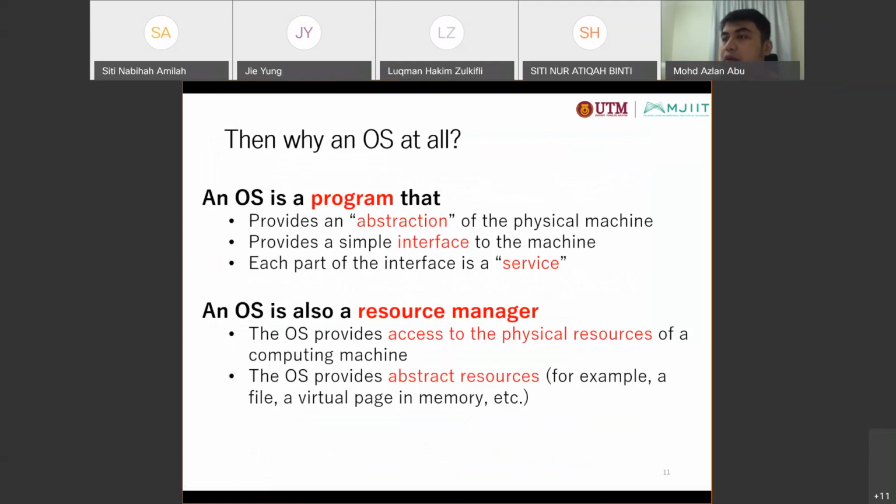An OS is a program that provides an abstraction of the physical machine. So you have an operating system that controls your physical machine and provides a simple interface to the machine. When you want to control the machine, you need one interface, or what we call a button. But nowadays we use an operating system that is